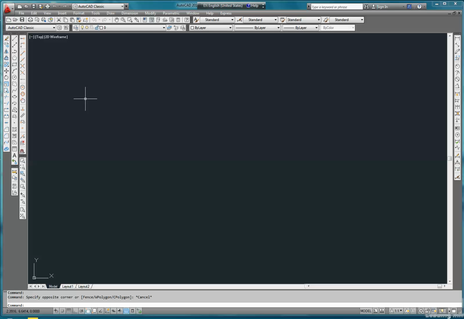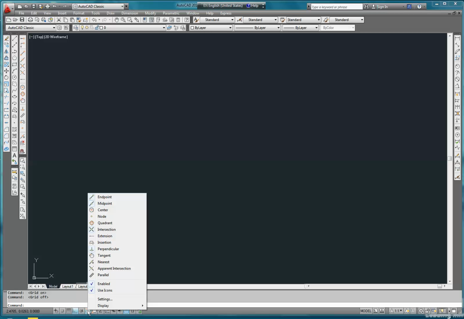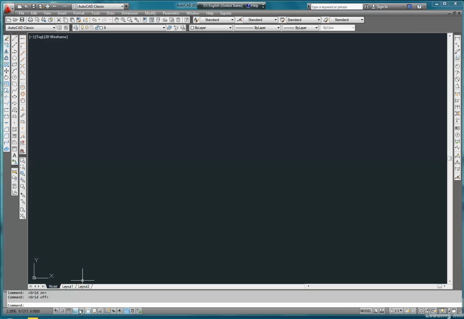Now down at the bottom we have a row of buttons, and I'm going to turn them all off except for the ortho and the object snap. Your screen may look like this and have grids on it. I usually don't use the grids, so just turn those off also. Now hover over the object snap and right click. That'll bring up this flyout box. You can set your object snaps right here by clicking on these buttons, or